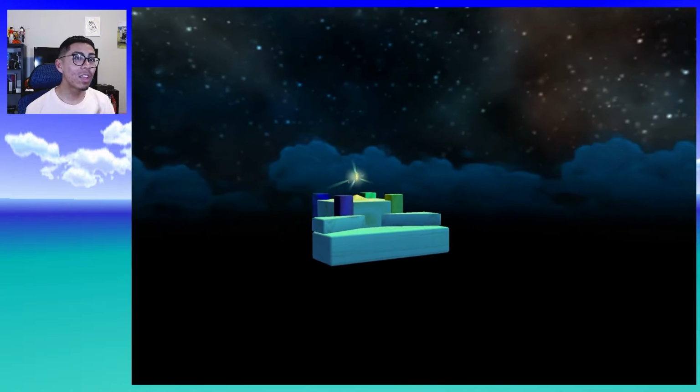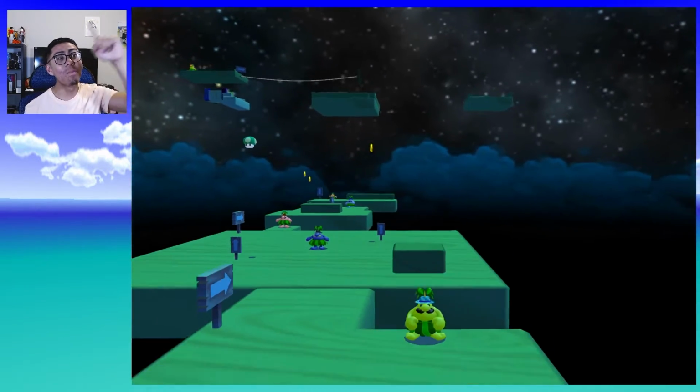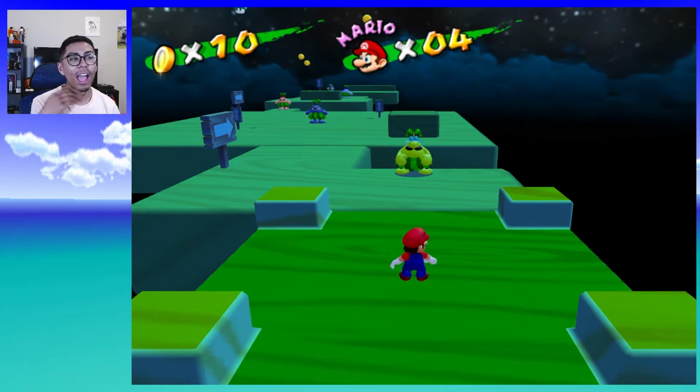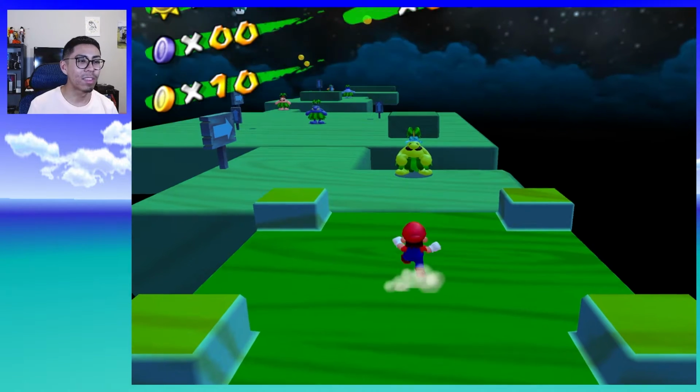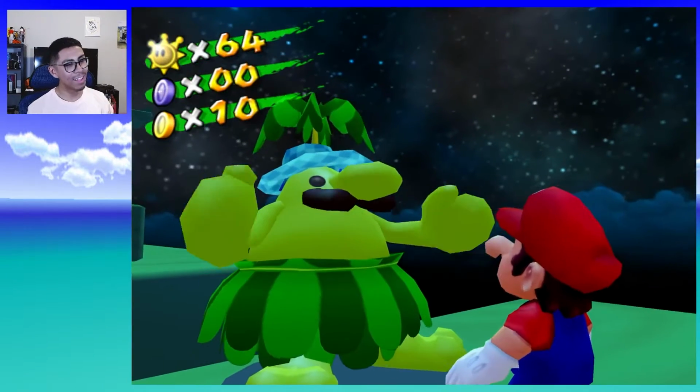And this is a very unique way of getting the secret shine, because as you can see, it's very far away and there are many different heights and distances we have to cover, and we don't even have FLUDD to do so. How do we do that? Pianta's right here. And the most notable line of Super Mario Sunshine is...